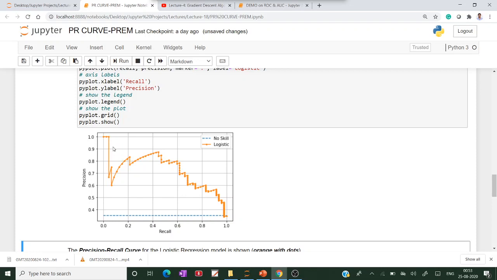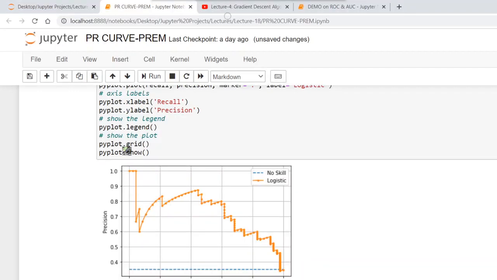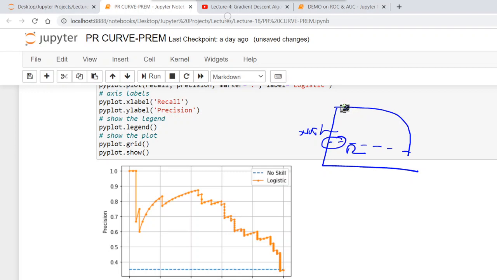See here, the precision recall curve will be like this. This is the random classifier, which we used to call no skill, which is considered the basic random classifier. So this is the PR curve.